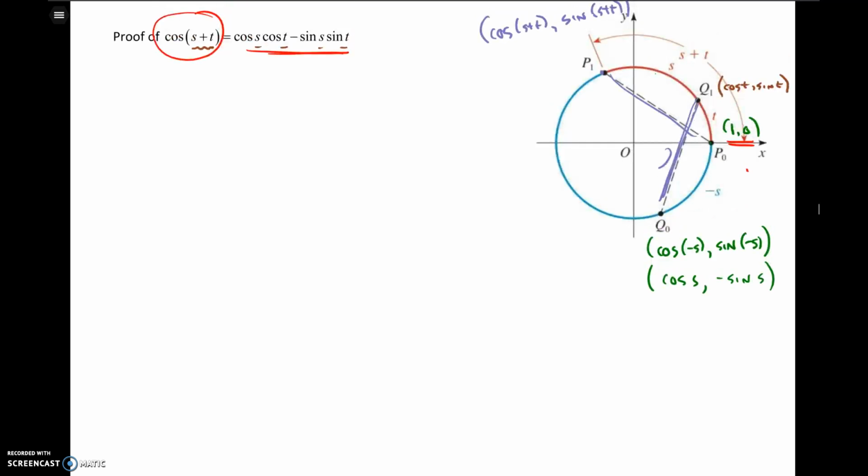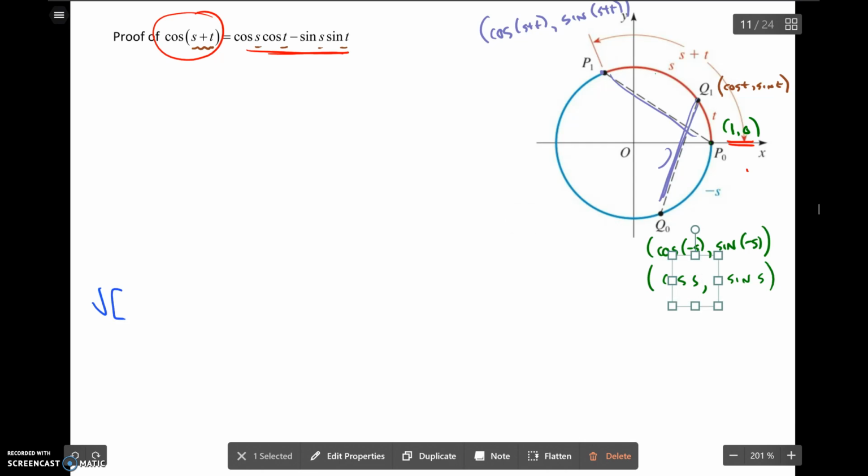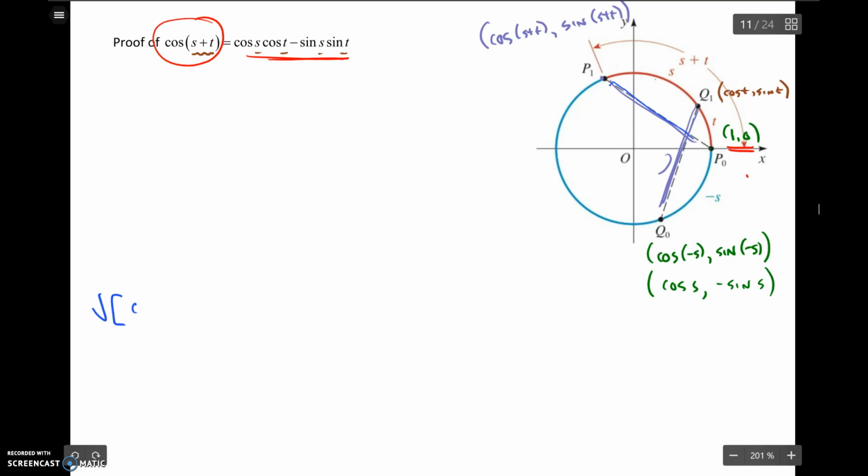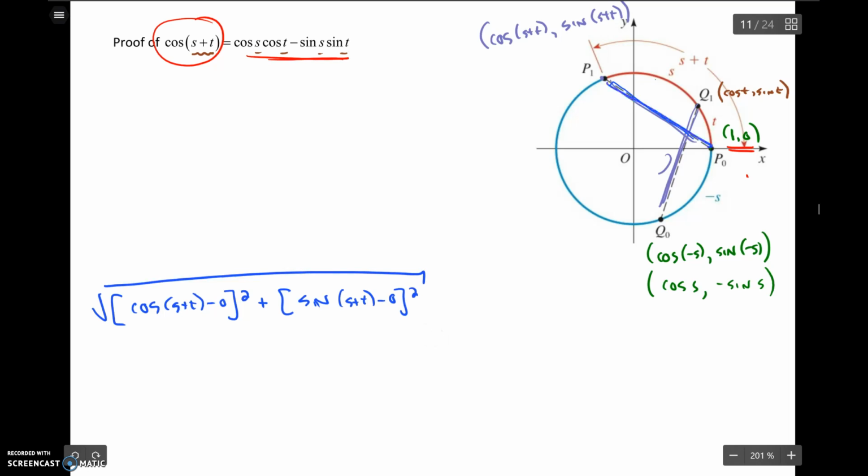So let's write that down. The distance formula, we've got to remember what it is. Square root. So you go x minus x. I'm going to do P1 P naught first. So that's cosine of s plus t minus 0, quantity squared, plus y minus y, sine of s plus t minus 0, quantity squared. That's the length P1 P naught,